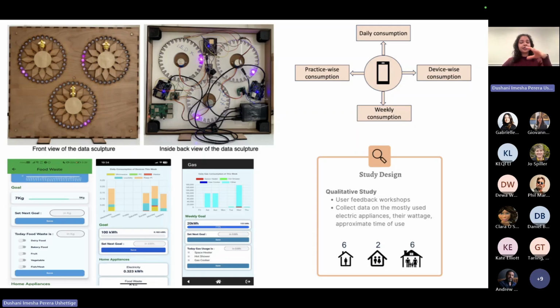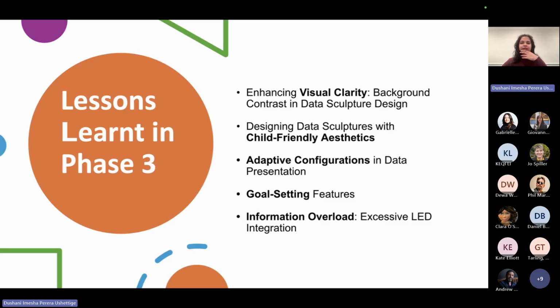After that, I did feedback workshops to understand if this actually works and whether people have any modification suggestions. What I understood was that people really liked the wooden background, since it matches households, but they wanted visual clarity. They wanted to enhance the discs against the background of the object. They really appreciated its child friendliness. Even a child can understand that the bee rotates.